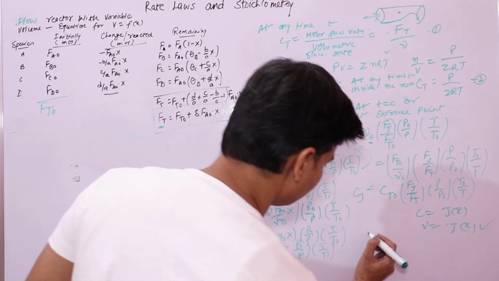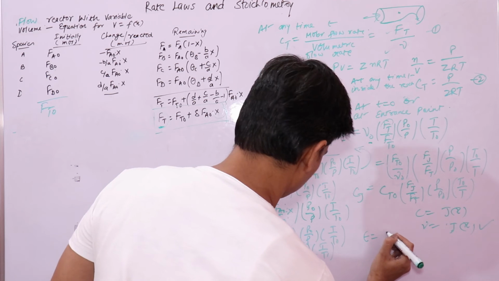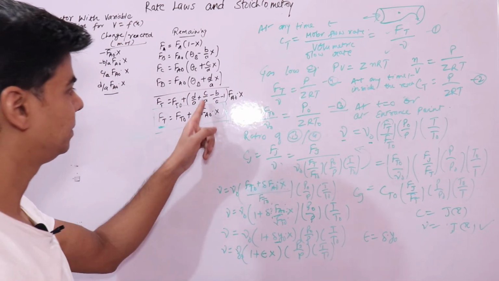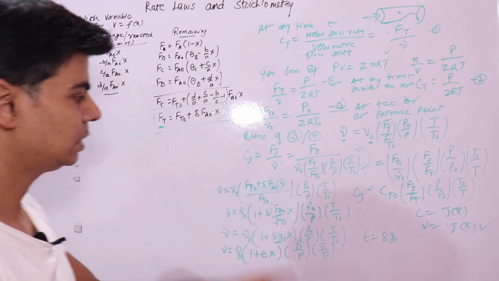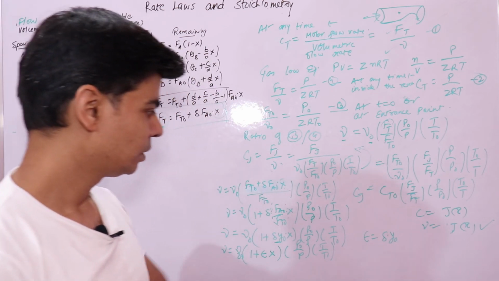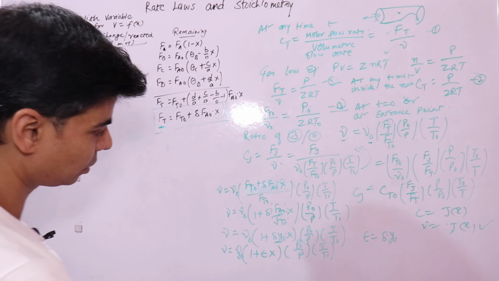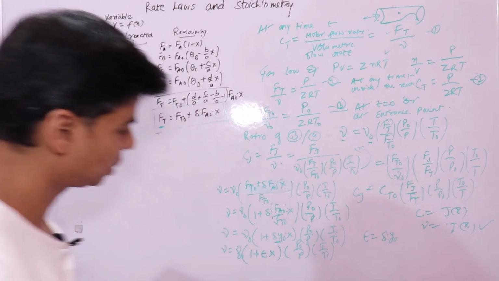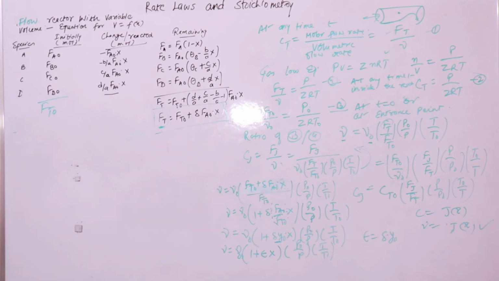So here epsilon is del y0, right? And what does del represent? Del represents this part, right? And y0 is your mole fraction of FA0, right? This is what it represents. Now we will come to this part,